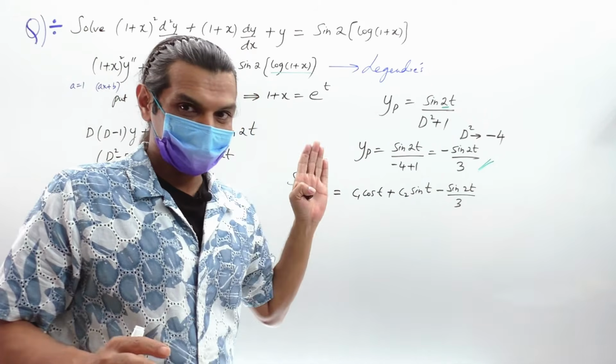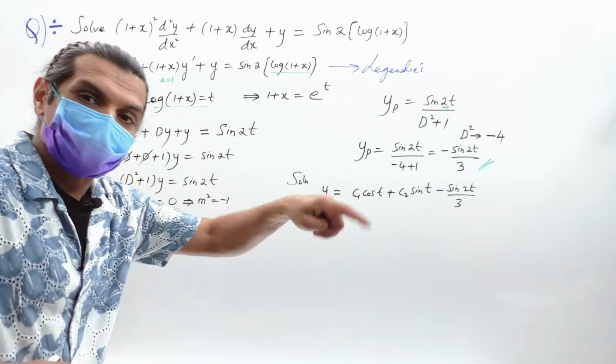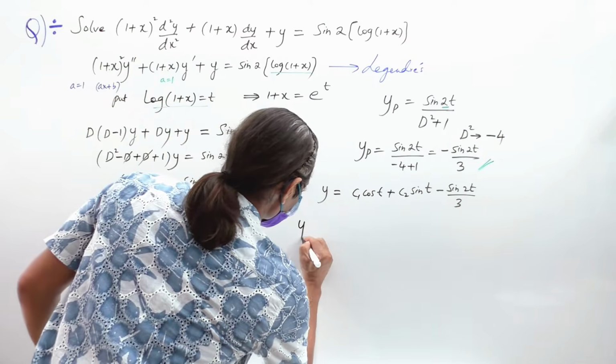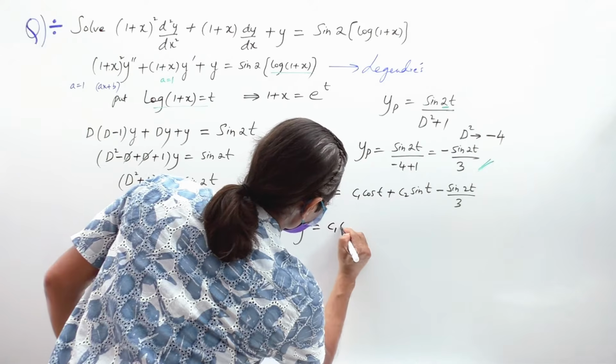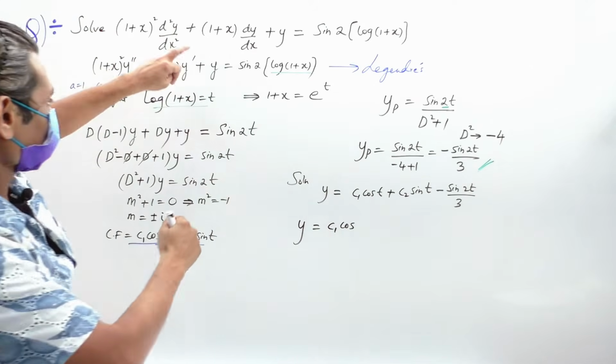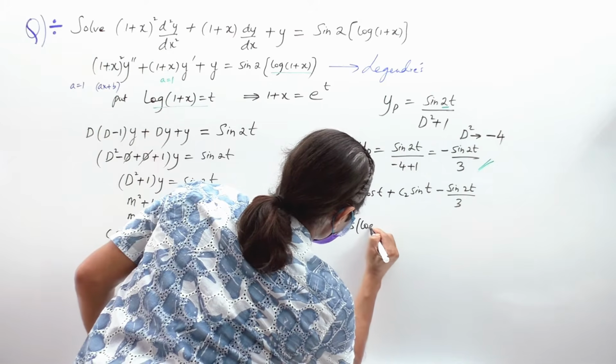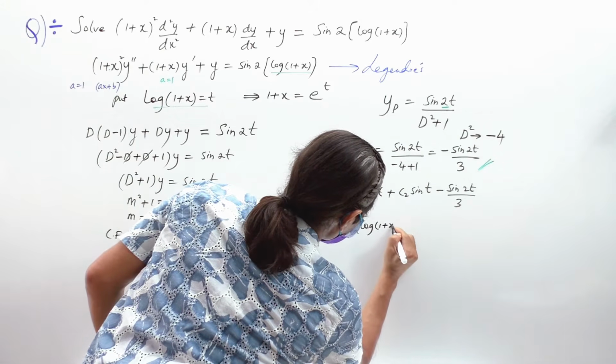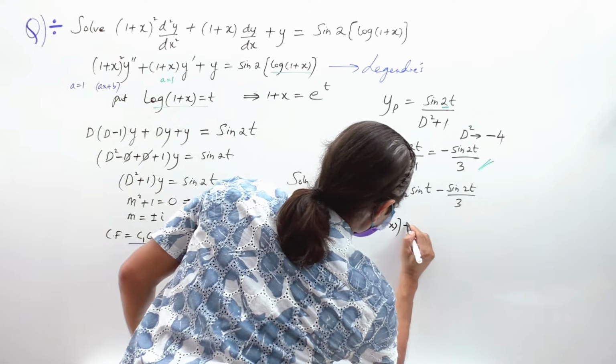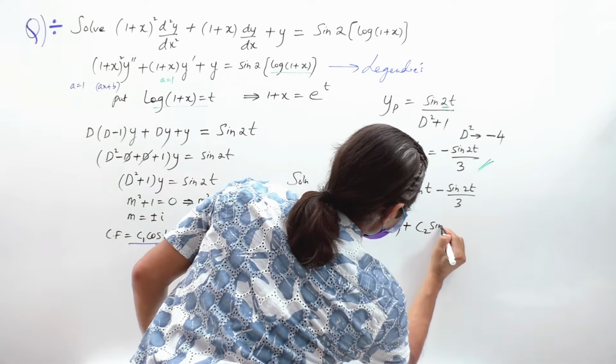It's t here, so we need to convert from t. Therefore, the solution y is equal to C1 cos of, what is t? t is log of 1 plus x, cos of log of 1 plus x, plus C2 again sin of, again t is log of 1 plus x,